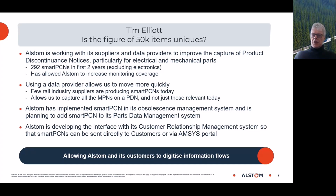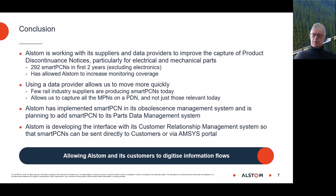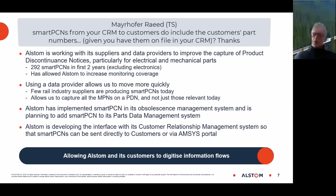Okay, yes, from Tim. Tim, is the figure of 50,000 items unique part numbers? They are 50,000 manufacturer part numbers, yes. That's a good question about customer part numbers. So we have them in our file in the CRM, and in fact